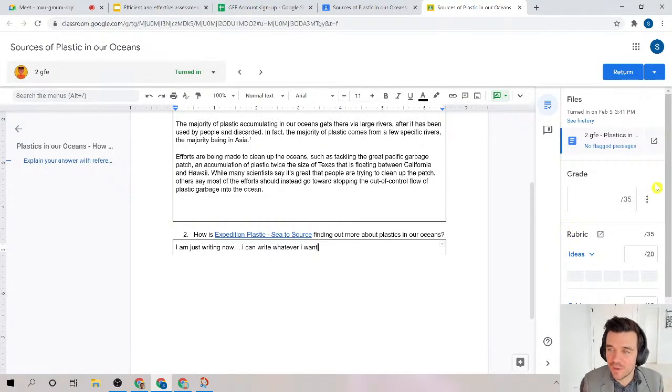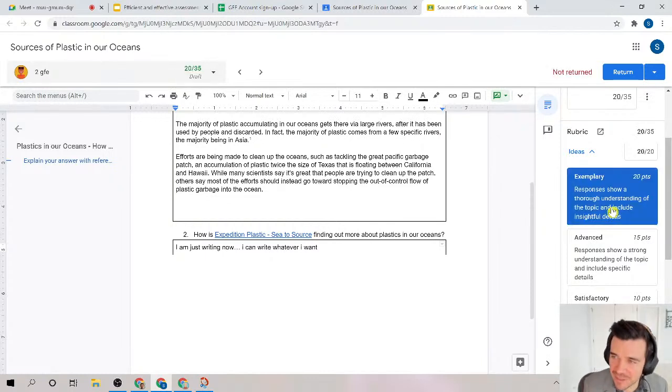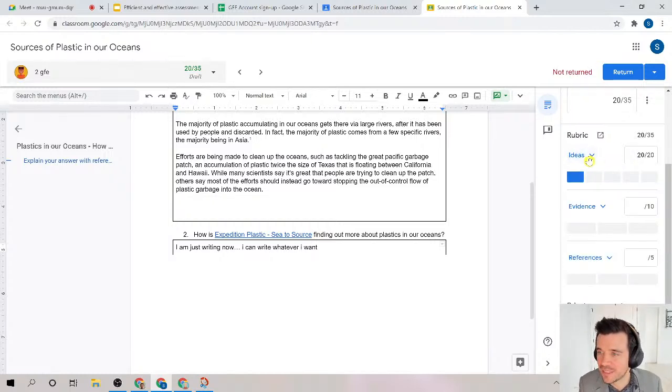Now, this is the part where, again, having a rubric is really, really helpful, because now I can open up my criterion for my rubric. So the first one is about ideas. Did Lisa show thorough understanding of the topic and include insightful details? We're going to use this as a demonstration. I'm going to say yes, absolutely. So I can click on that, and it's telling that she got 20 out of 20 in that criteria. And it shows us just a little visual breakdown as to what level they're at. You can even click on that level without